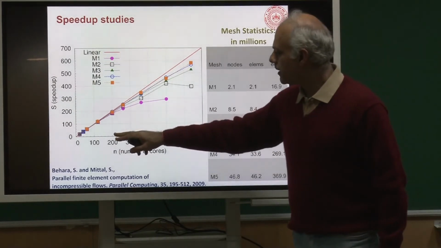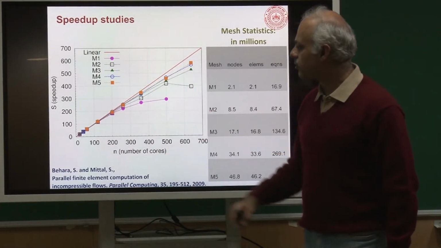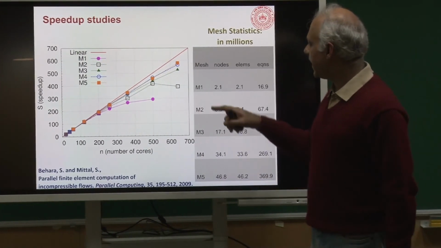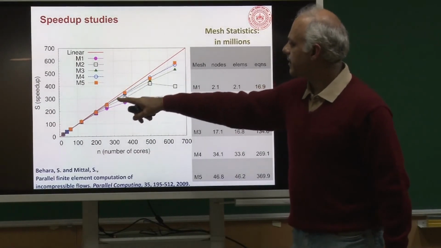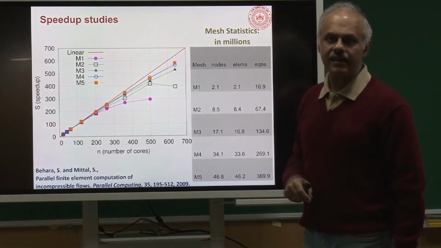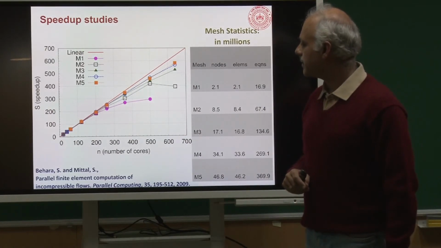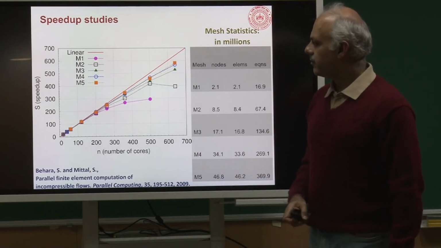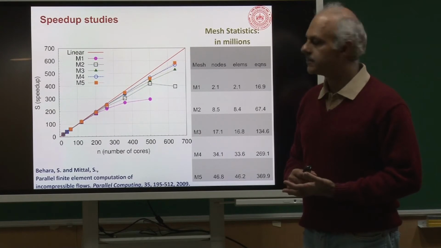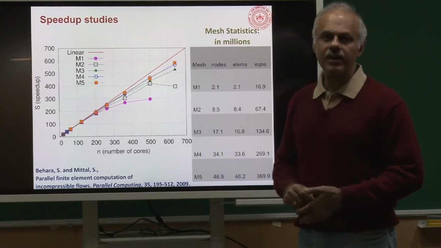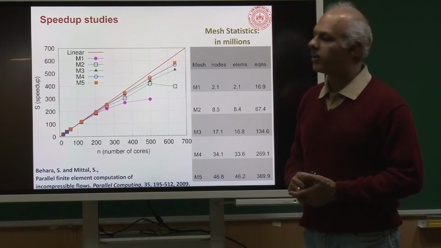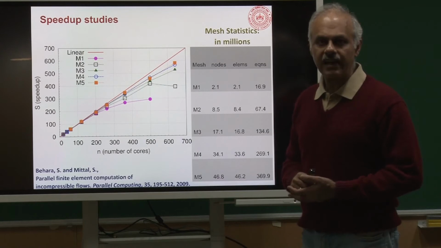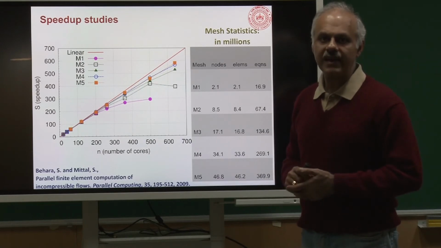So for this problem, if I use anything more than, let us say, 200 or 250 cores, I do not really gain so much. On the other hand, if I go to this fine mesh, now you see I can get higher performance by using more processors. So the idea of this table is that when I want to solve a particular problem, I can run this test and see what is the optimal number of cores or processors that I can use. Conversely, the bigger the computer I have, the bigger is the problem that I can solve.